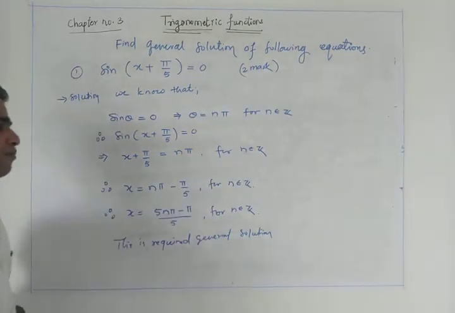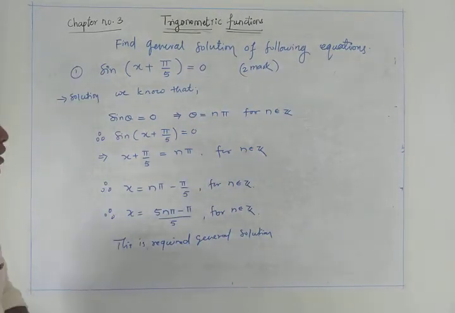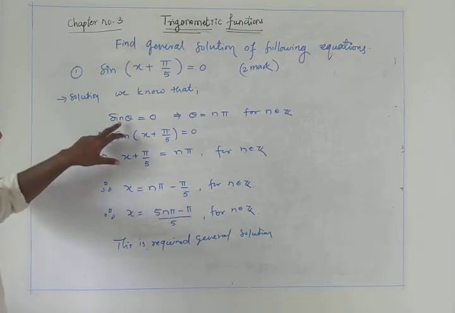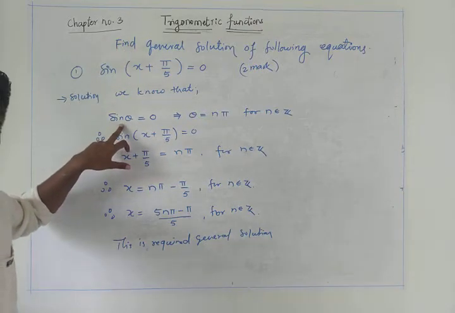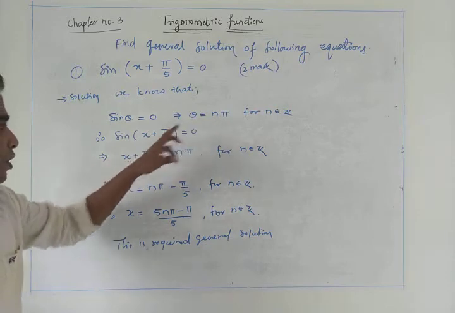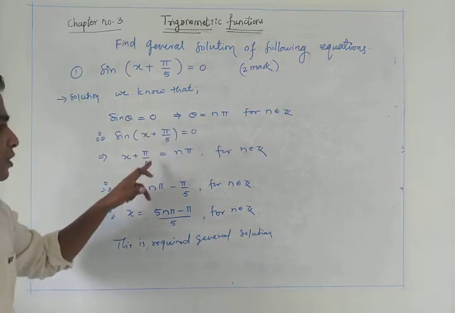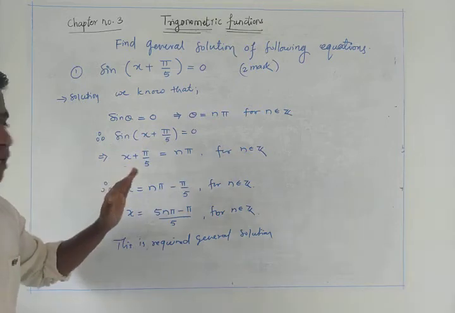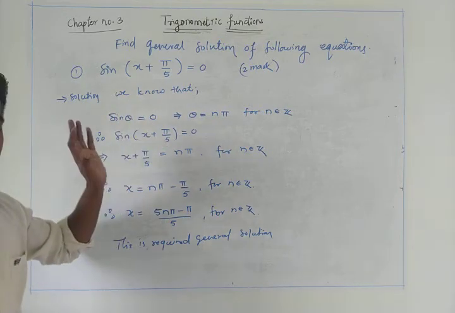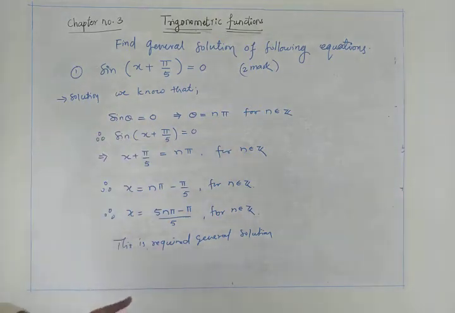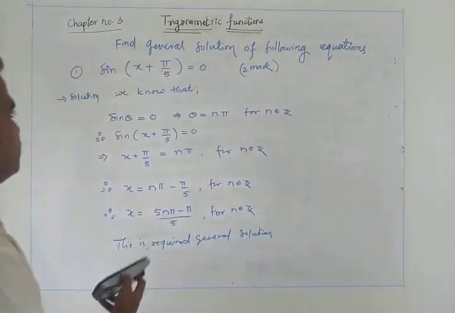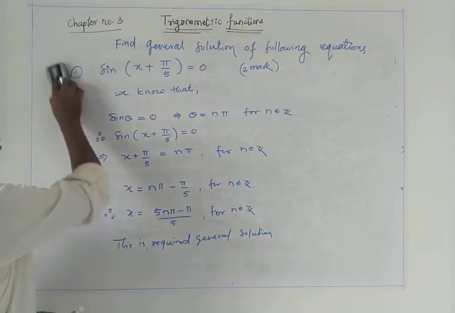So the simple way: we check the function first, we check both the sides, and then we understand which formula we are going to use. That formula we write, and after that we start with the solution. It is just simple comparison, but the main part is this formula. So learn that formula properly and you will get an easy solution. We will take one more example from the same set.